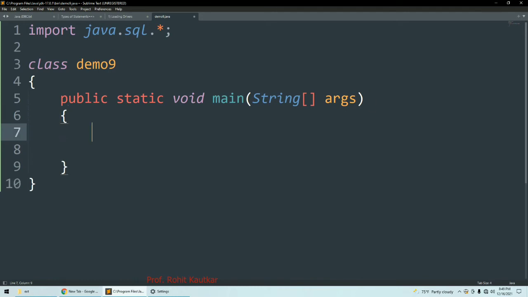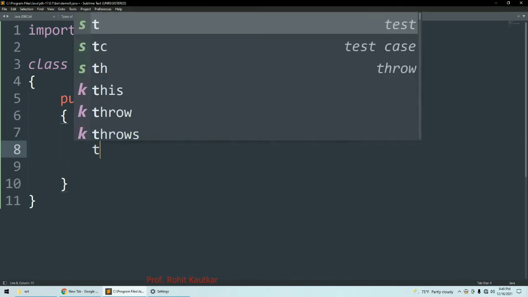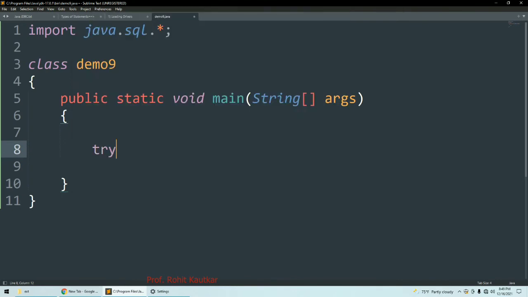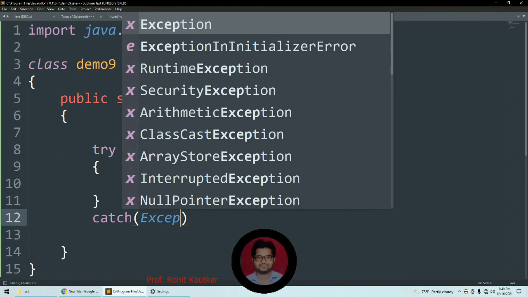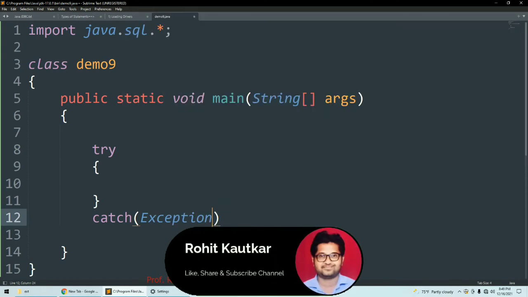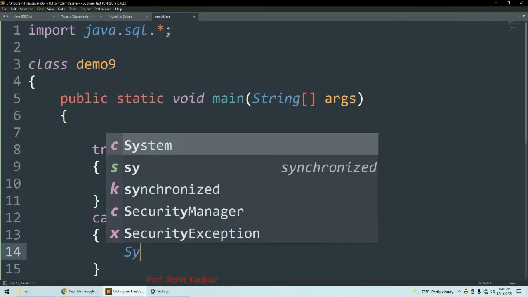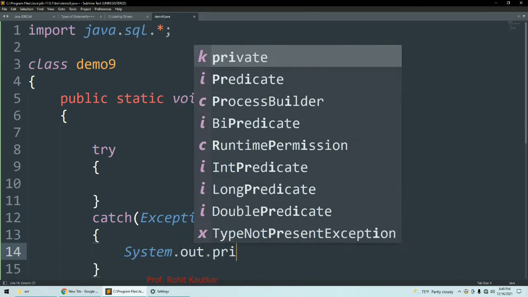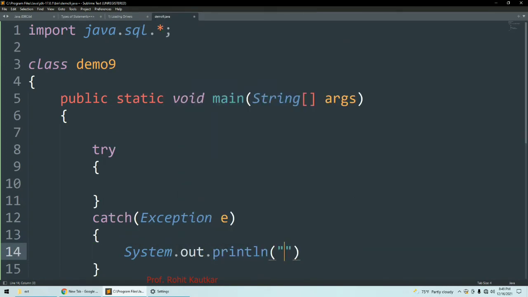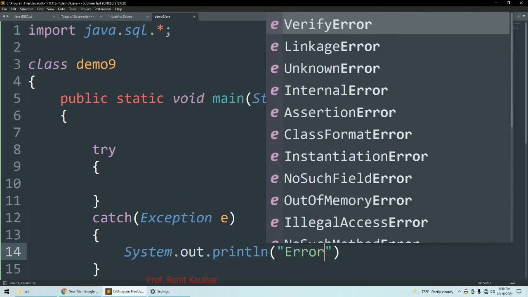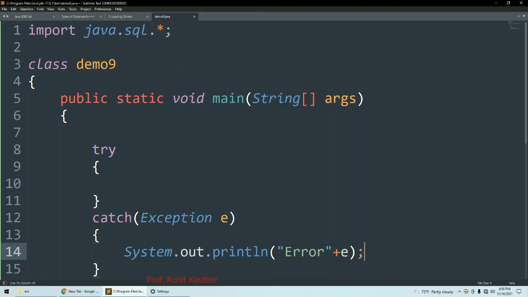Within this main method I will create a try catch block like this, and in the catch block, catch Exception e, and here we will write System.out.println error, and print it.